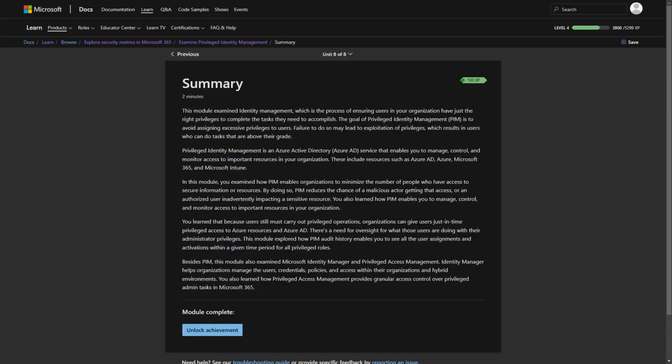Summary. This module examined identity management, which is the process of ensuring users in your organization have just the right privileges to complete the tasks they need to accomplish. The goal of Privileged Identity Management (PIM) is to avoid assigning excessive privileges to users. Failure to do so may lead to exploitation of privileges, which results in users who can do tasks that are